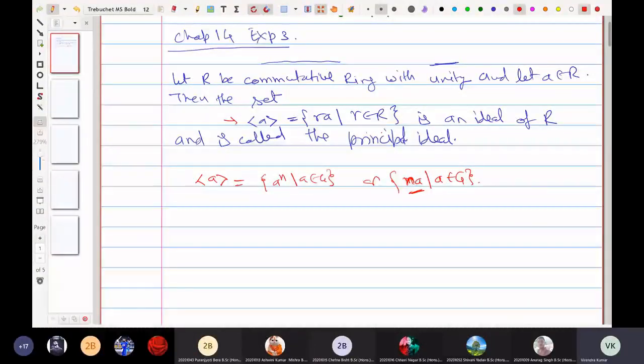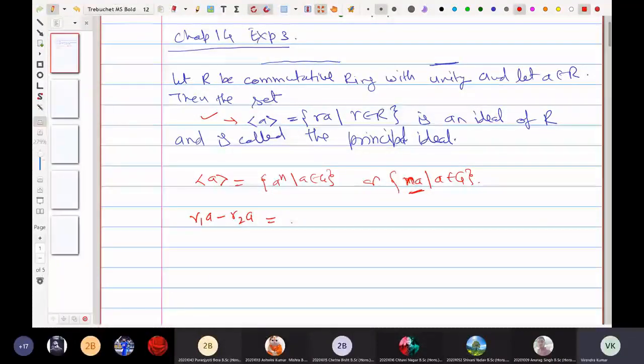You can verify it, or you can refer to your book, though I don't know if it is there, but still you can try. It is very easy to prove that this is an ideal. You need to just take r1 a and then r1 r2 a, and then you can take